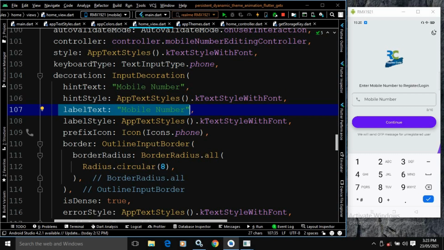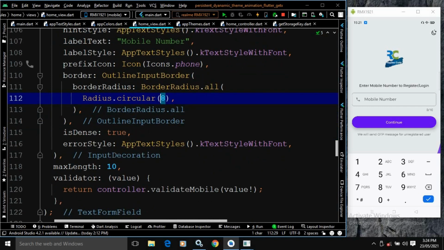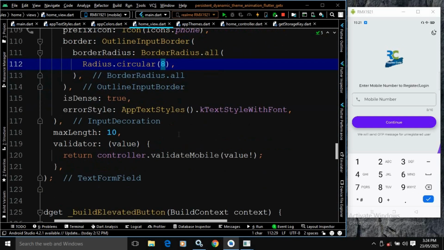In the prefix icon, I have specified Icons.phone. In the border, I have specified OutlineInputBorder. In the border radius, I have given a circular radius from all sides, and the radius value is 8. isDense is true. Error style is AppTextStyle.kTextStyleWithFont. Max length is 10. In the validator, here I have written return controller.validateMobile.